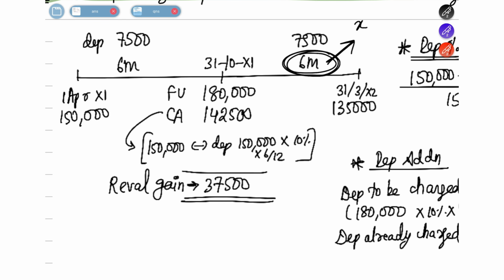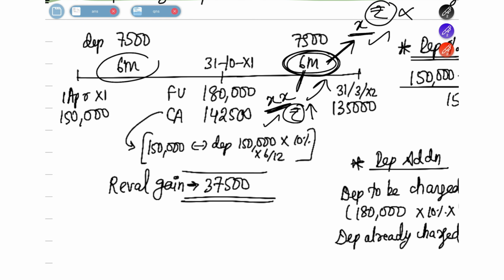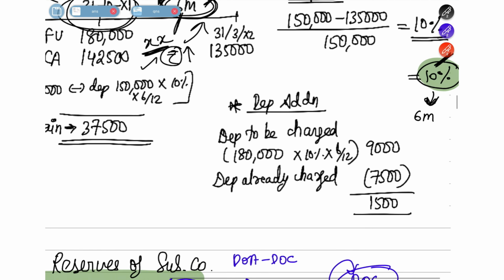But now what they are telling is, for this 6 months, the value on which you charged this depreciation was wrong. The value has now increased, so there is going to be an excess depreciation. Whatever you have already charged, that is okay. Find out the excess depreciation and charge that also. Why not for the earlier 6 months? Because in that period there was no revaluation gain. Only in the next 6 months, the post period, is there a revaluation gain. The revaluation gain happened on 31st October only, so there will be an excess depreciation only after that. Correct? So you have to find out what that excess depreciation is.